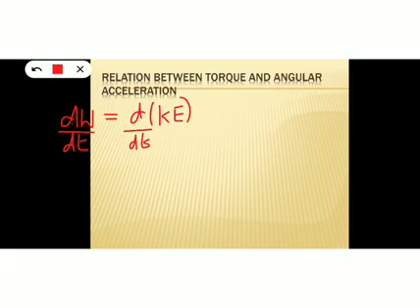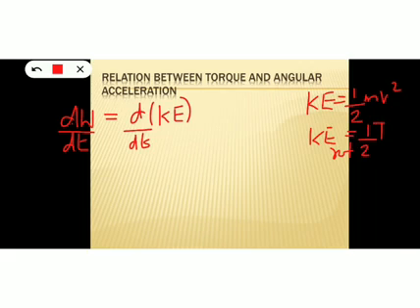And what is the expression for rotational kinetic energy? See, kinetic energy for linear motion is half mv square, but kinetic energy for rotational motion is half I omega square. Here in the rotational motion, moment of inertia plays the role of mass, and angular velocity omega plays the role of linear velocity v. So in rotational motion, the expression for kinetic energy is half I omega square. It's not half mv square. And here we are discussing rotational motion. That's why torque and angular acceleration is there.